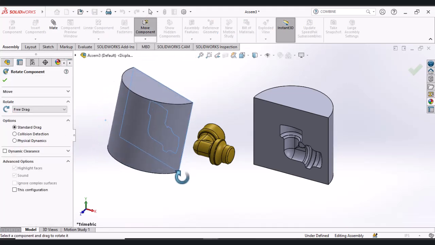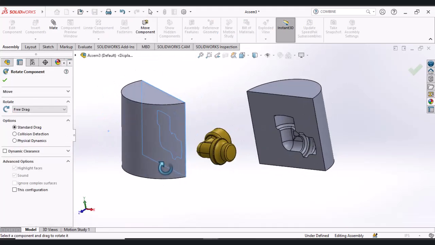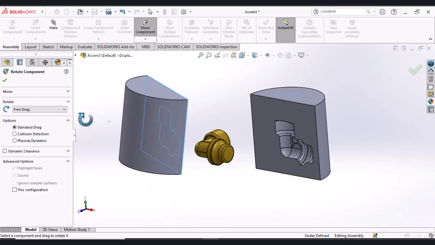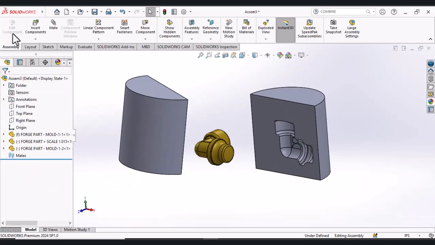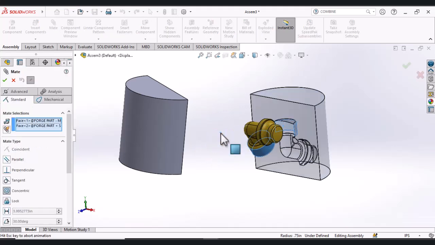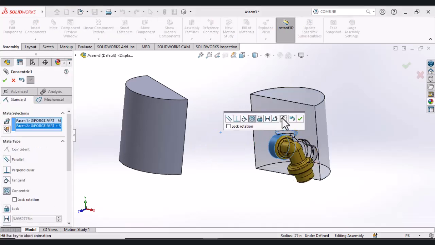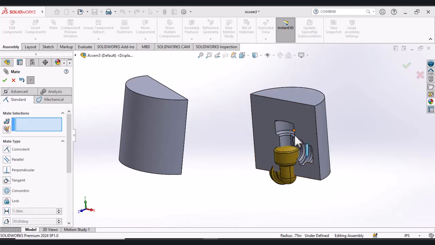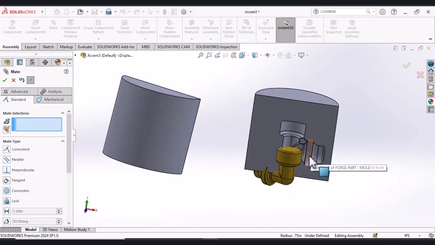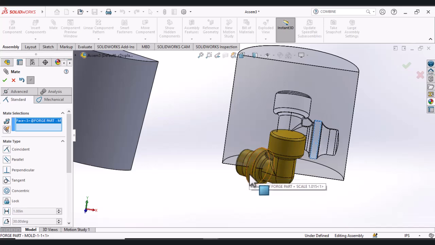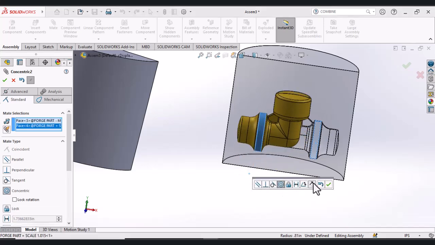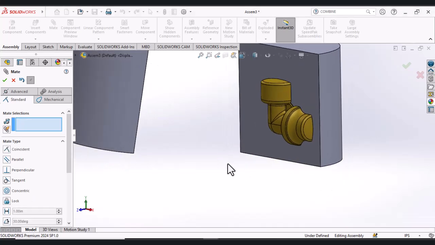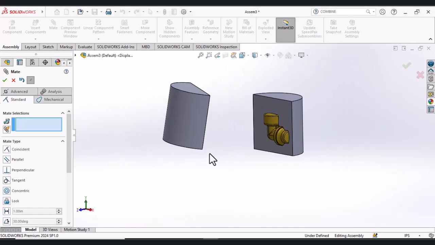We select rotate component. We rotate mold1-2. We choose mate. For our piece, we create 2 concentric mates for 2 mold halves.